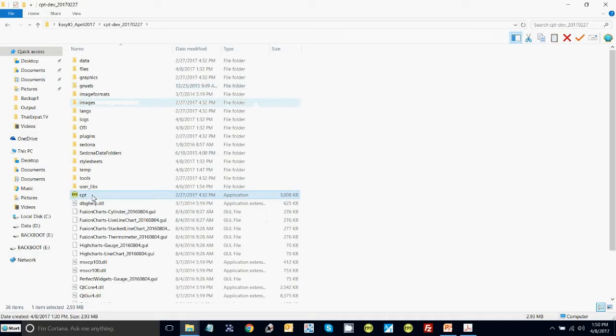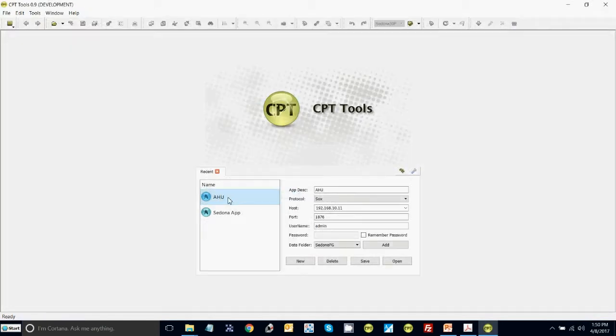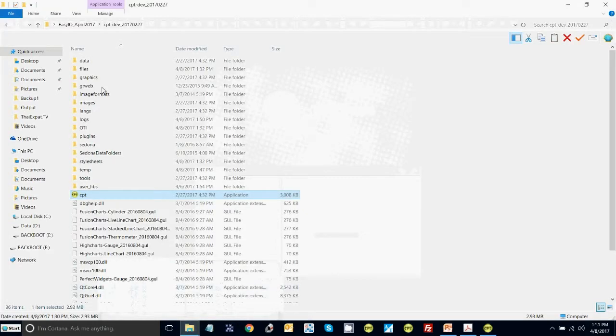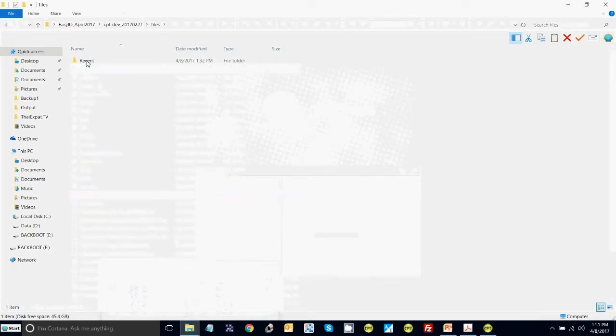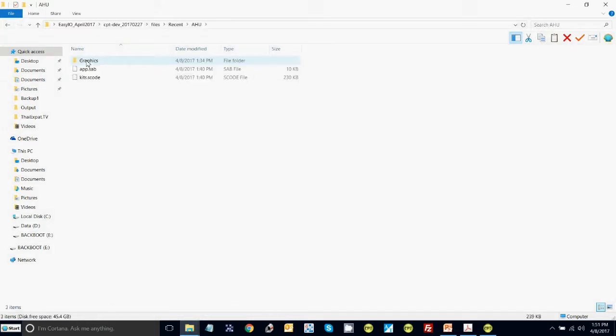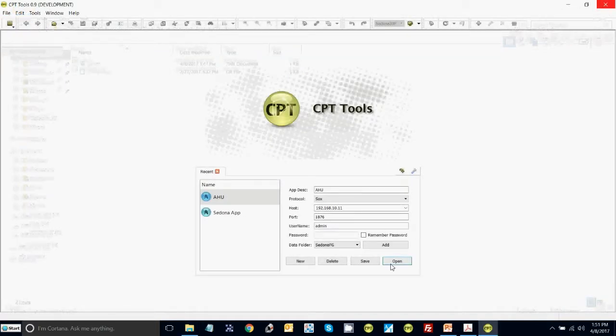CPT, double click on the icon. When I created this AHU earlier, it created a folder in the files folder, which is here, under recent, under AHU, and it was called graphics. And you can see I just have this welcome screen. So if I open that up now,